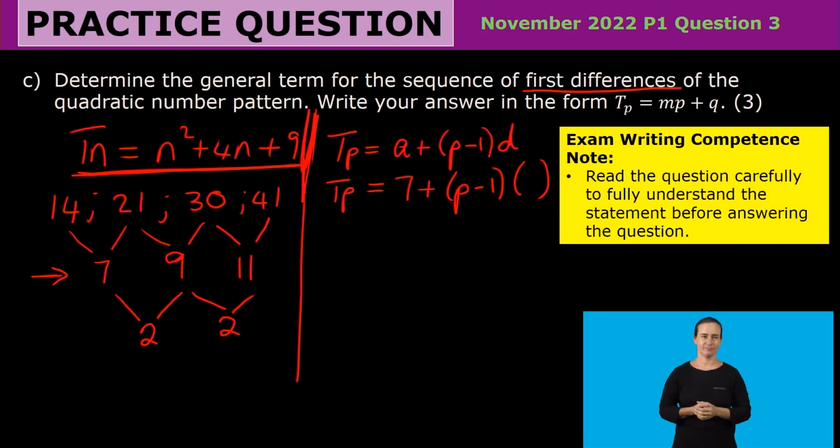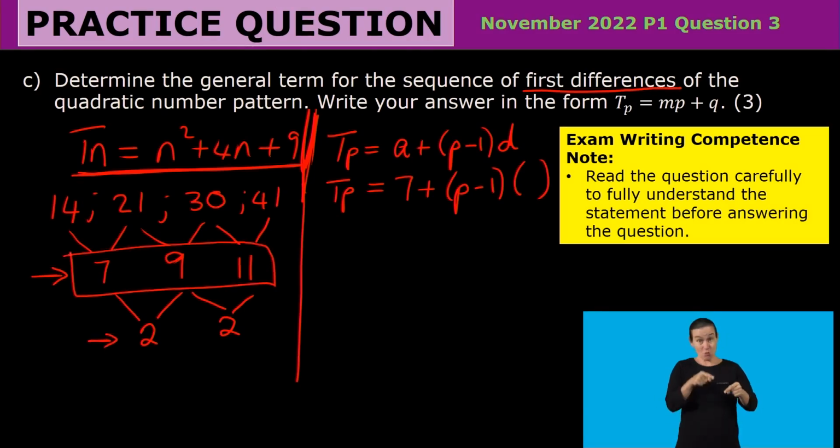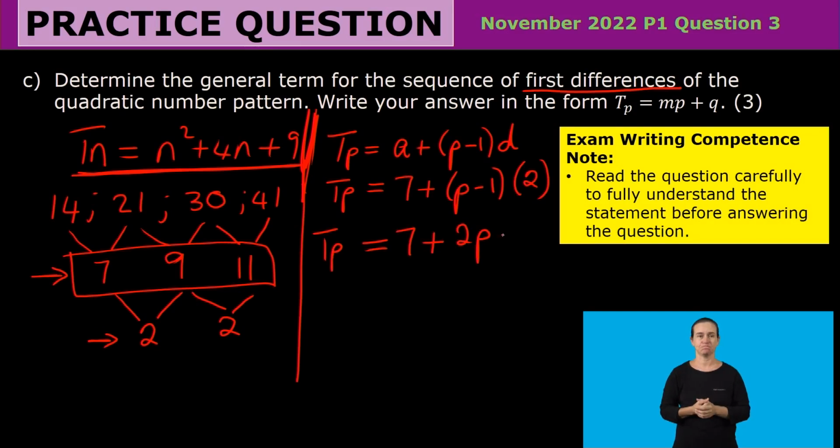Knowing that this is the difference for the arithmetic sequence, that is the value we substitute in the place of d. There was another way of finding that value of 2. Remember, we know that our value of a is equal to 1. If you remember how to calculate the value of a, you would know that the difference would be 2a, which is 2. So when we calculate that Tp, that's going to be 7 plus 2p